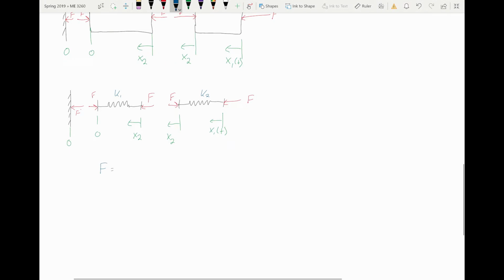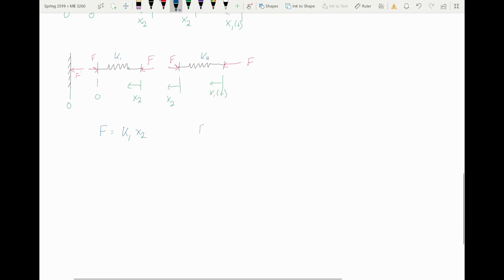Now that we have a K1 and a K2, the equivalent spring constants defined above, we can come up with the equations for the forces produced by the compression of each spring or cylinder. So force is obviously constant throughout, so F is equal to